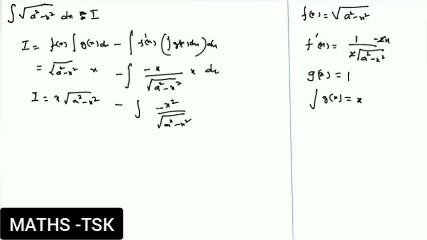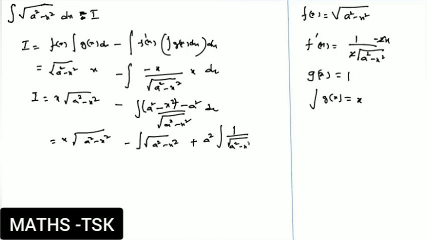So add and subtract a square, add and subtract a square into dx. This is nothing but x into root of a square minus x square minus, I can write this as root of a square minus x square plus a square into integration of 1 by root of a square minus x square. This is also I. This is I. So I can write it as 2I is equal to x into root of a square minus x square